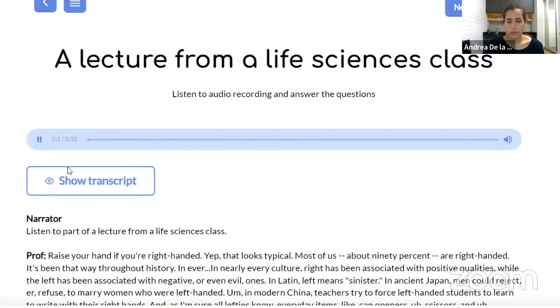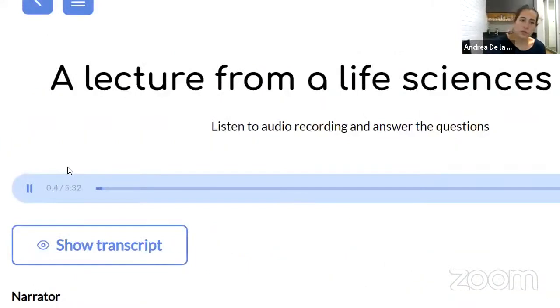Listen to part of a lecture from a life sciences class. Raise your hand if you're right-handed. Yep, that looks typical. Most of us, about 90%, are right-handed. It's been that way throughout history. In nearly every culture, right has been associated with positive qualities, while the left has been associated with negative, or even evil ones. In Latin,